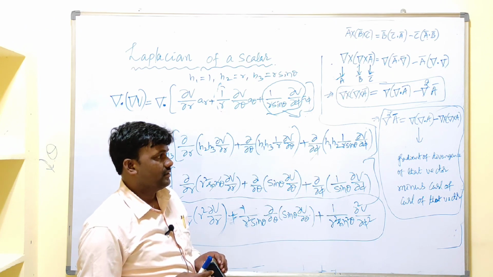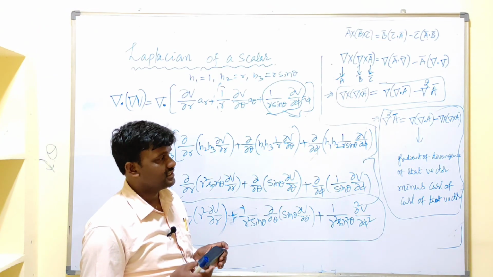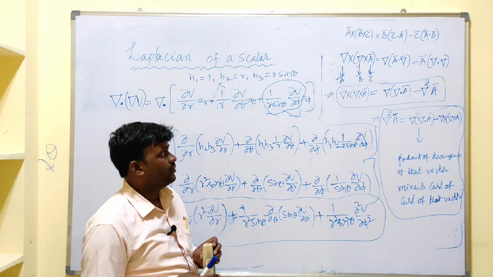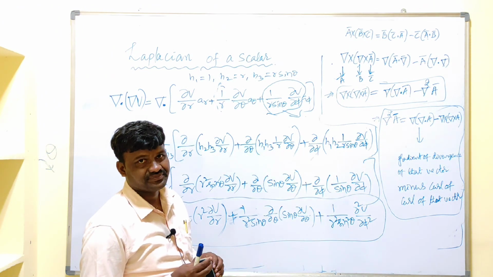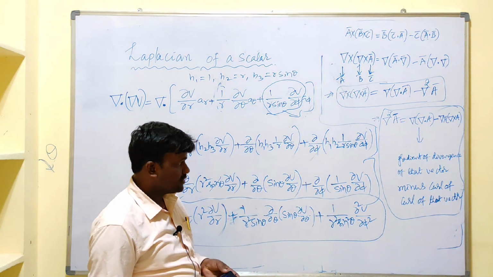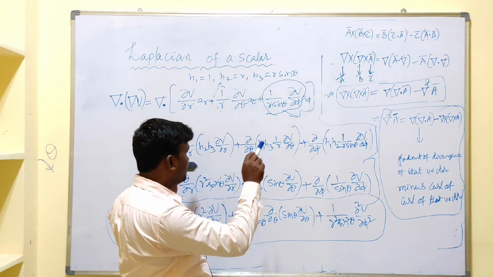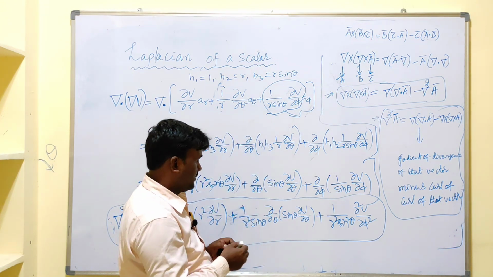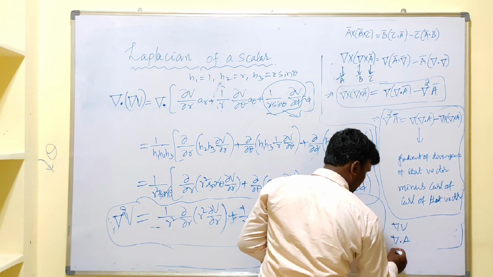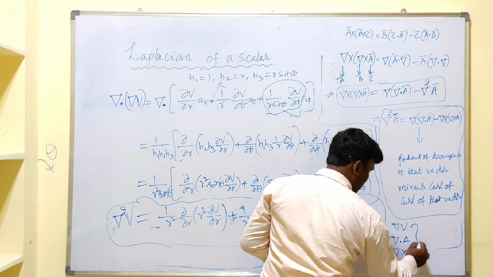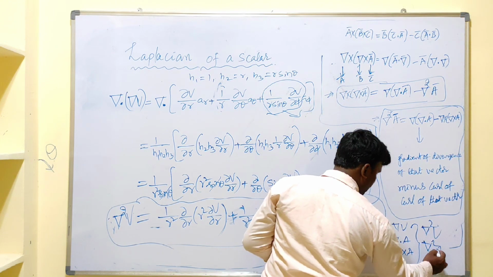In the third unit, we will discuss that vector transformation. Except for that topic, we discussed all the topics in the first unit. If possible, try to do more problems on these formulas: gradient of a scalar del V, divergence of a vector del dot A, curl of a vector del cross A, the Laplacian operator on a scalar del square V, and the Laplacian operator on a vector del square A.